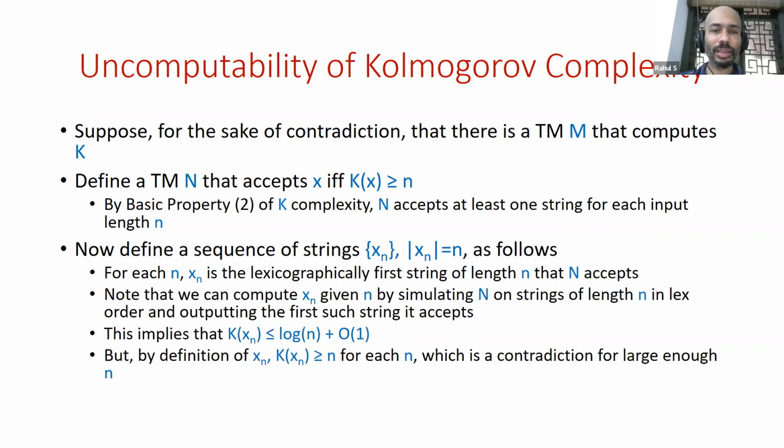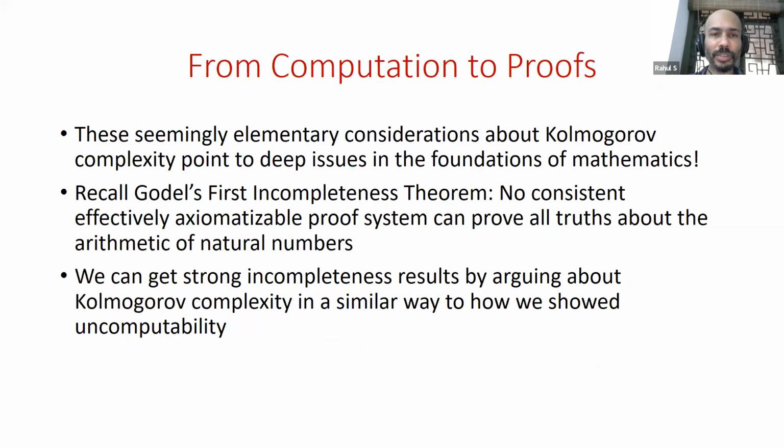Okay, so that's an interesting argument, a sort of diagonalization, but a fairly simple logical argument. It's surprising and maybe not so intuitive at first. That's interesting in itself, but now I'm going to show you, with an additional twist on this argument, how to get some very interesting consequences for the foundations of mathematics. This may be a bit of a digression, but I think it's very interesting, and it shows the broad reach of Kolmogorov complexity and this way of thinking about compression.